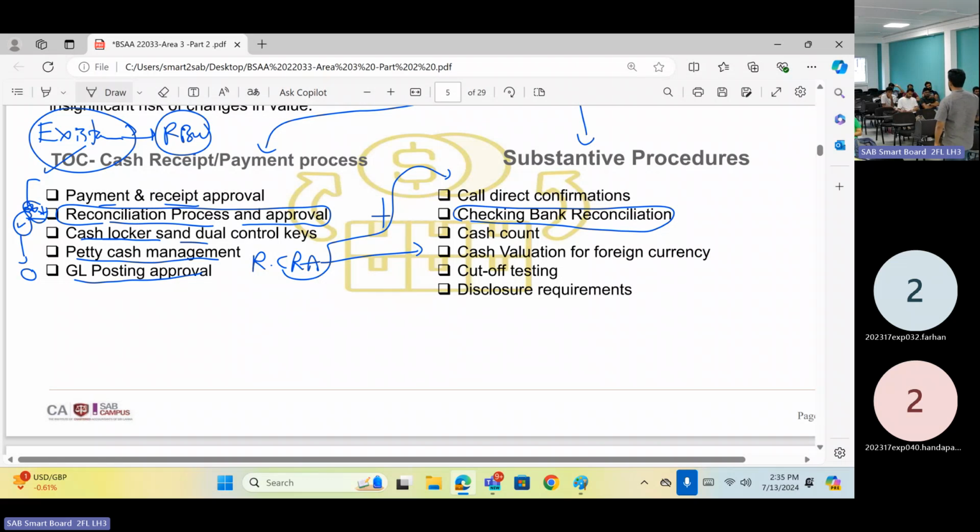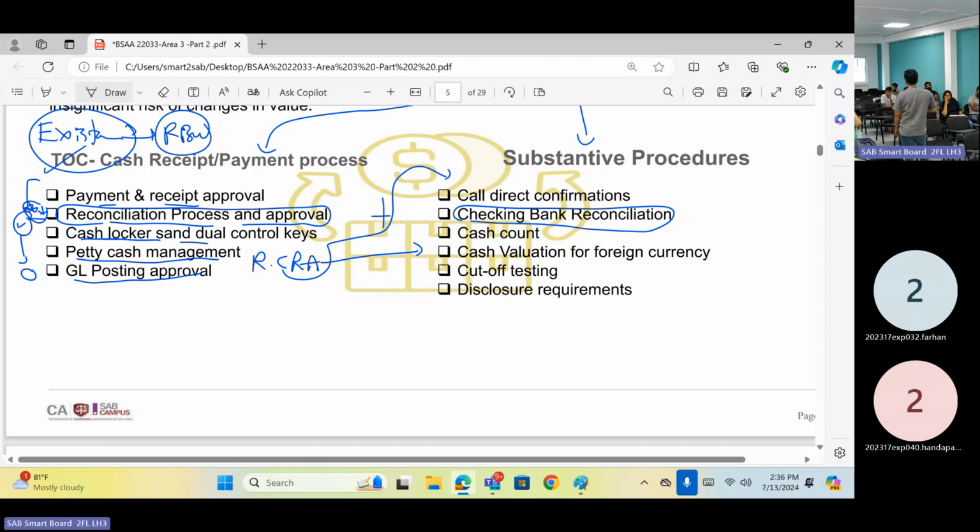Once you are calling confirmation, you have to state that it is an open confirmation. You don't mention the bank balance and send it to the bank to confirm that balance. You are sending a lengthy confirmation request. Whatever accounts there are in this company, borrowings, pledged assets, all the things should be confirmed. Otherwise, they are confirming only one balance.